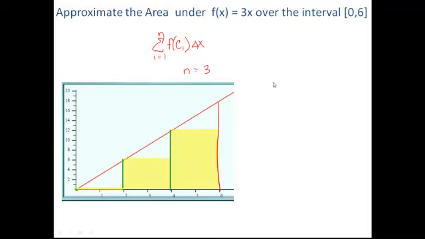Okay, so here is the thing. When I'm setting my Riemann sum up again, this is what I'm going to have problems with. It's 3 times c sub I, and I'm going to have to calculate what my c sub I is. So same thing here. My delta x would be 6 minus 0. It's once again 2. Nothing has changed about that. But the idea is we're not interested in these end marks anymore. What I'm really interested in is the height of the first rectangle would be given by what is f of 0, what is f of 2, and what is f of 4. So c sub I are the x values that are going to be giving my heights